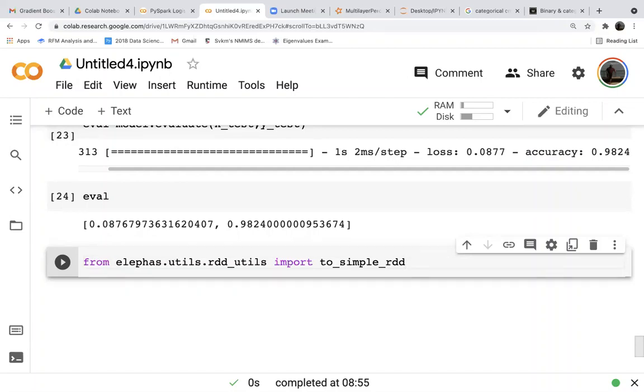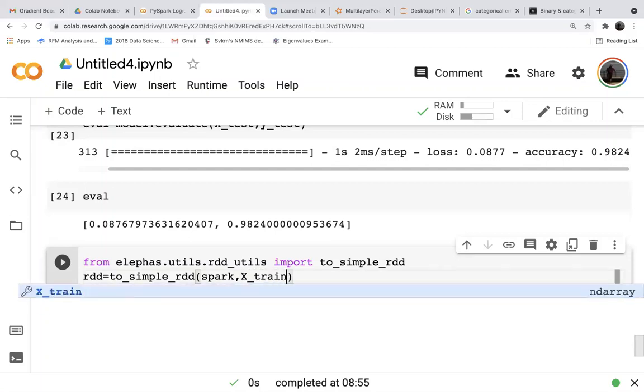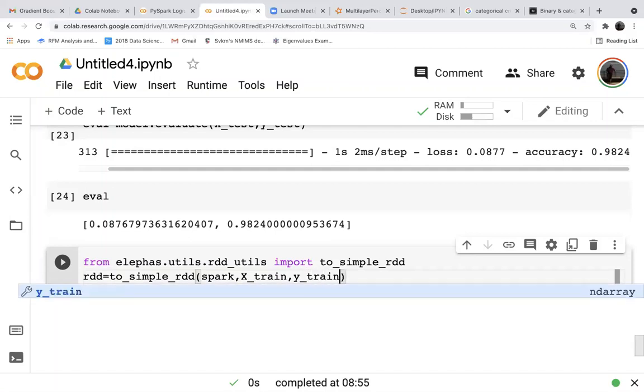Like I told you, Spark stores data in multiple clusters in the backend using Java virtual machines. So we are splitting the data into an RDD. rdd = to_simple_rdd(spark context, x_train, y_train).